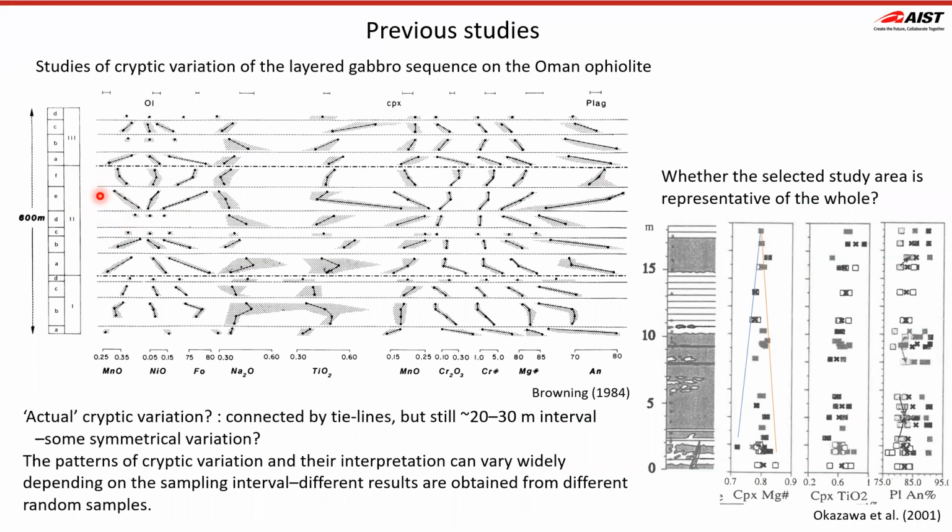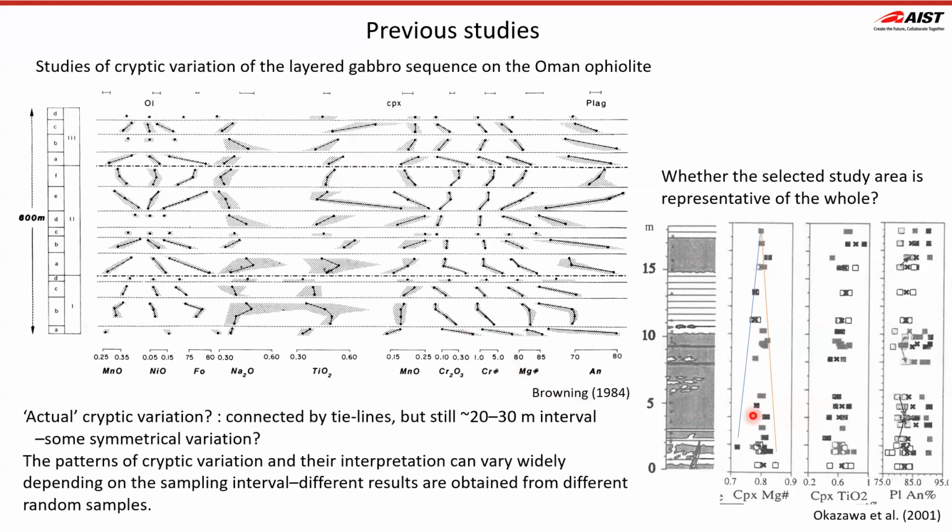On the other hand, there is a very detailed study of a 20-meter section of layered gabbros. Although this result does not show a clear compositional variation, the study area is very limited and representativeness is still in question. In this manner,